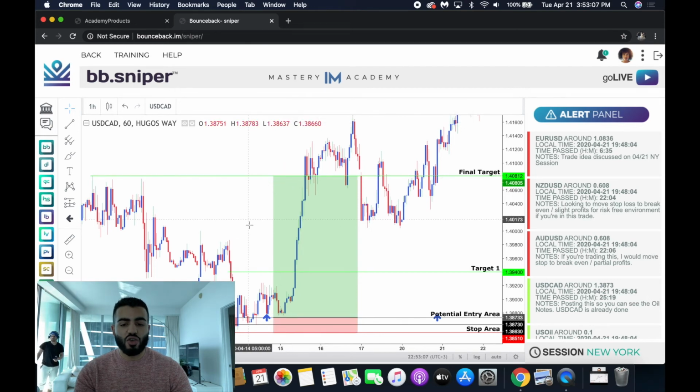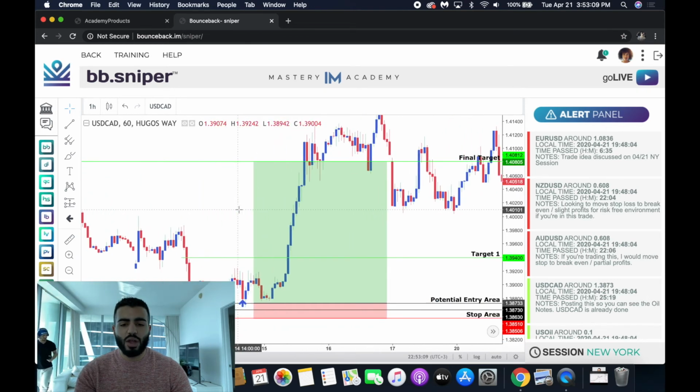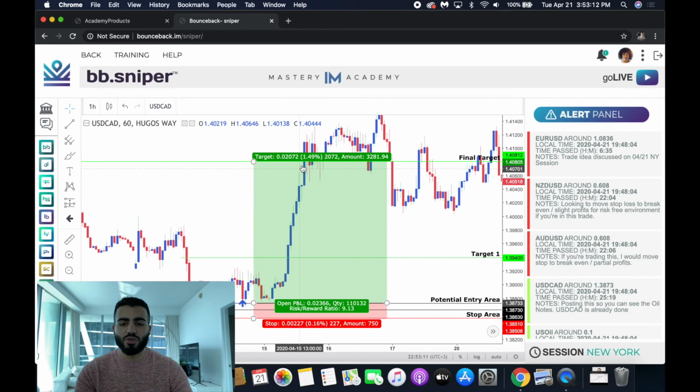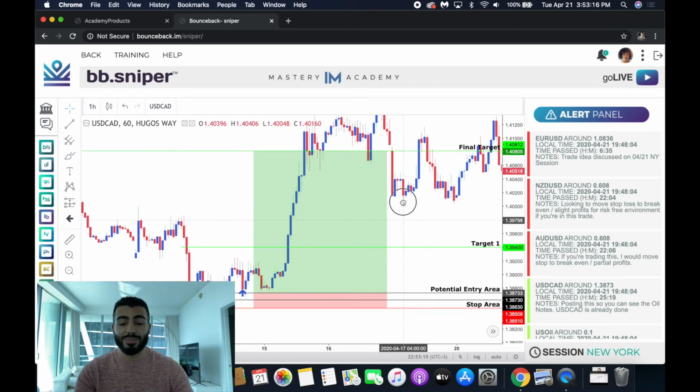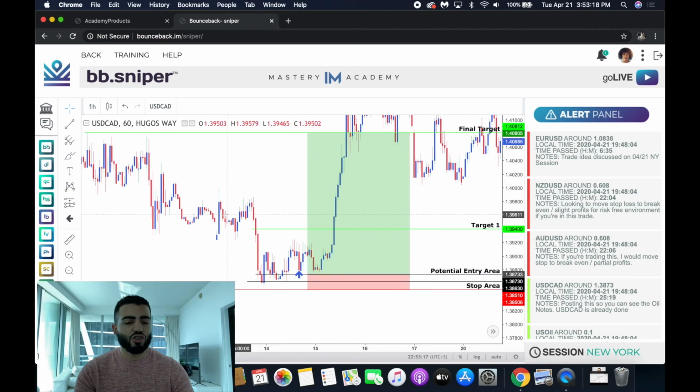And so this trade, we're looking at the 1 hour time frame. It took about a few days to approach this section, but it was a beautiful entry opportunity that provided us massive amounts of pips with extremely low risk. So we were looking at about a 20 pip risk, 20 pips that we were risking on this USD CAD trade, and our reward was over 200 pips, just approaching target 1,